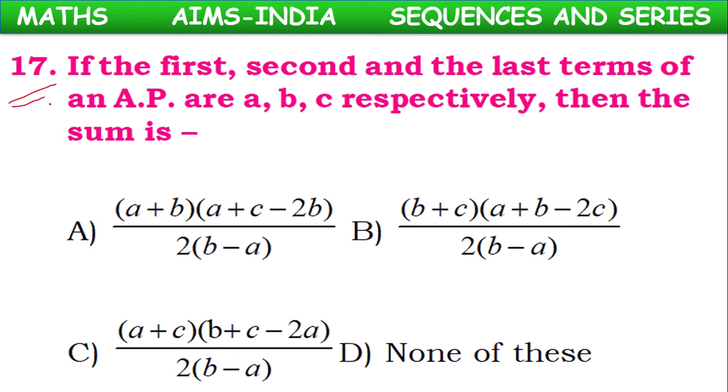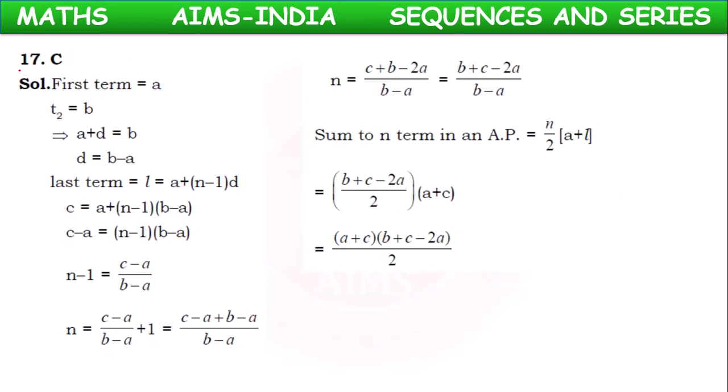Next one, 17th question. If the first, second and the last terms of an AP are a, b, c respectively, then the sum is how much? If the first, second and last terms are a, b, c, then what is the sum of the AP? Here, if the first term is a, the second term is b and c is the last term, then first term equal to a, second term T2 equal to b, but the second term formula a plus d equal to b,